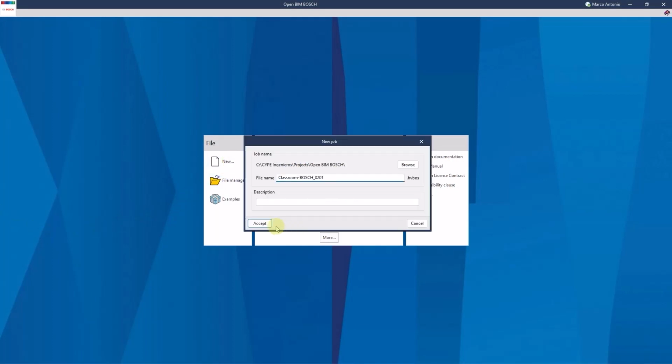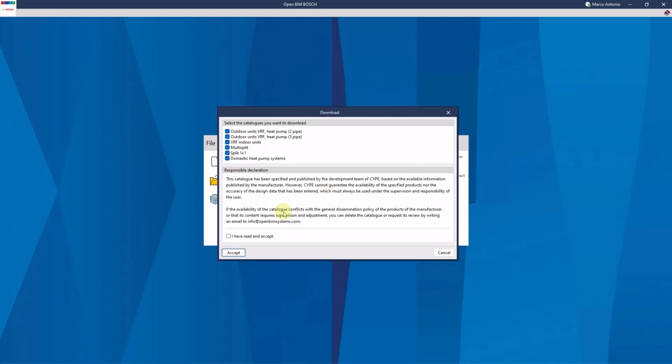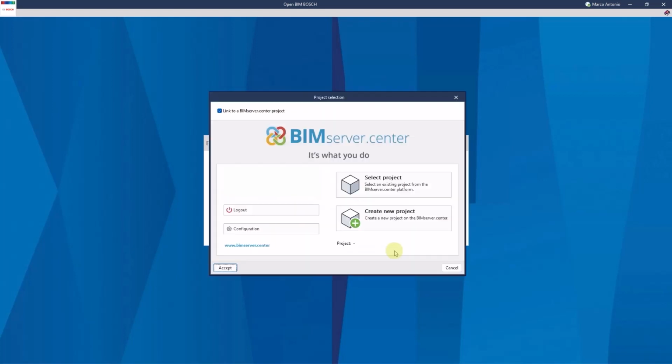Now let's create a new project in the program. We download the work catalogs, and in this case we link it to a shared project, the one we have just created. This contains the newly created Revit model.